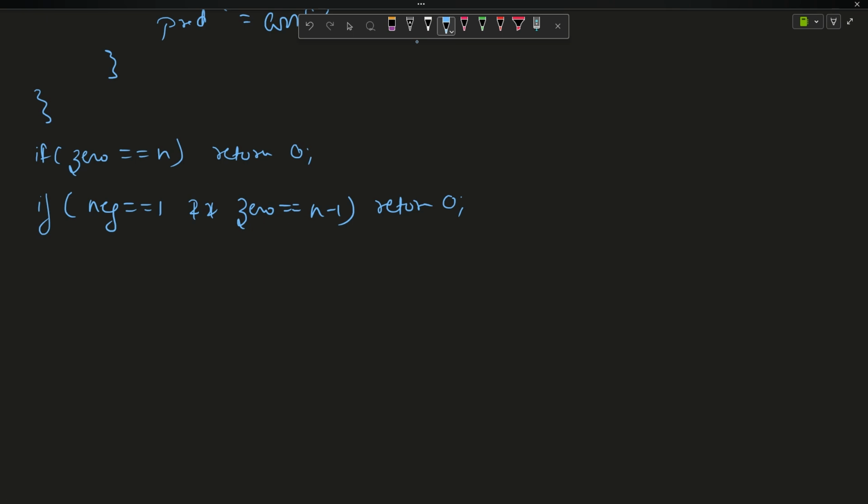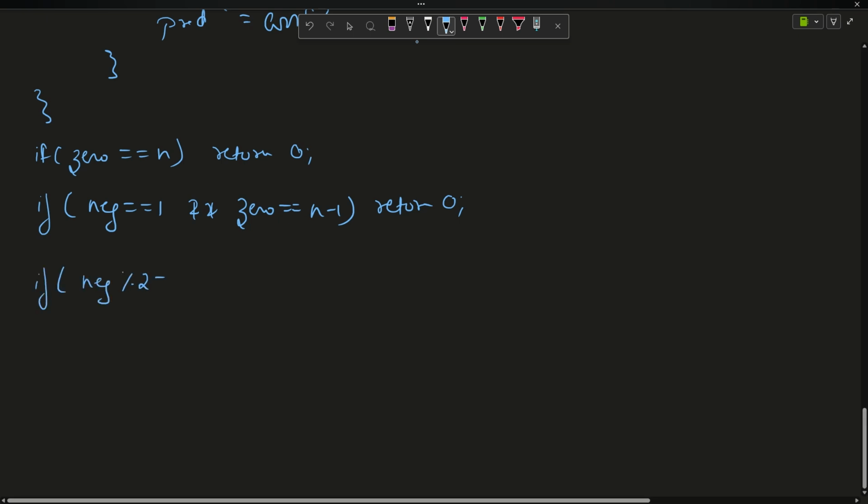Now the third case arises. The case for zeros is finished. 0 will not interfere in my answer now. Third case is if negative % 2 equals 0, that is, if there are an even number of negatives,